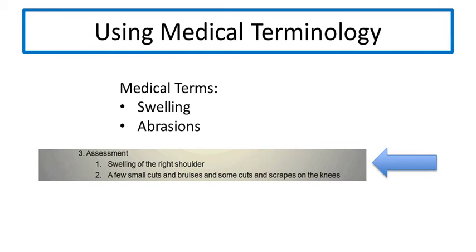Your knowledge of medical terminology will help you locate the code in the ICD-10-CM. Swelling is one medical term, the other is abrasions, because cuts, scrapes, and bruises are all minimal injuries and are considered abrasions. Now that you know what to look for, the next step is to find those medical terms in the alphabetic index of the code book. Do you recall what each of the 3 code books are?